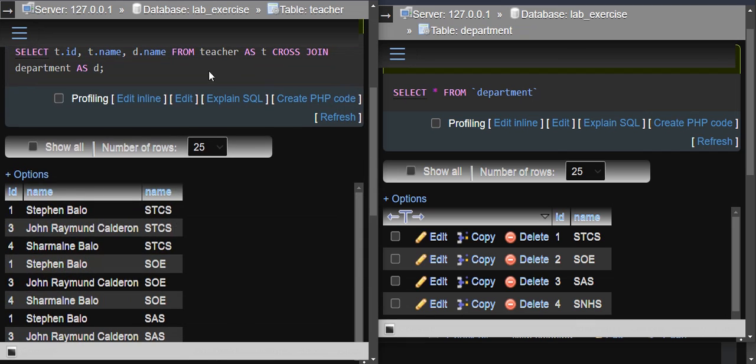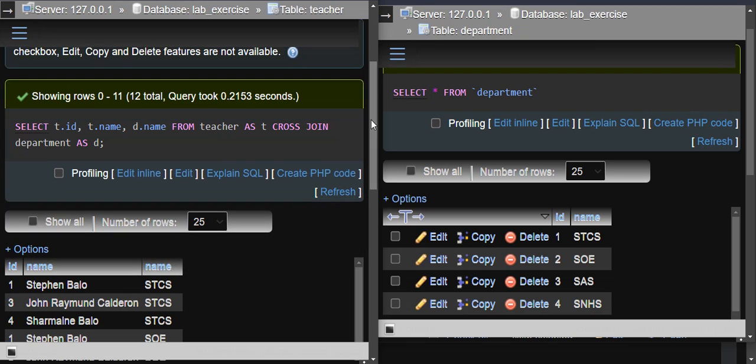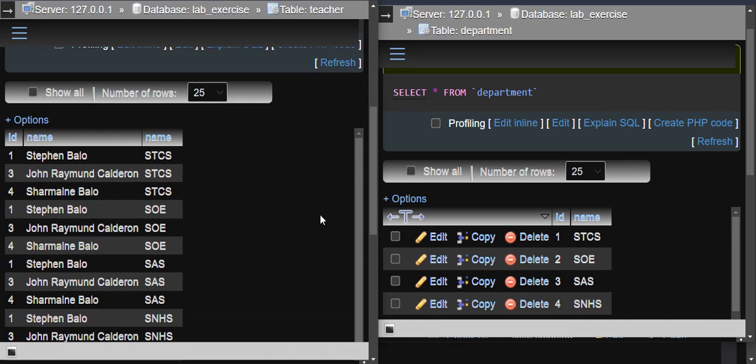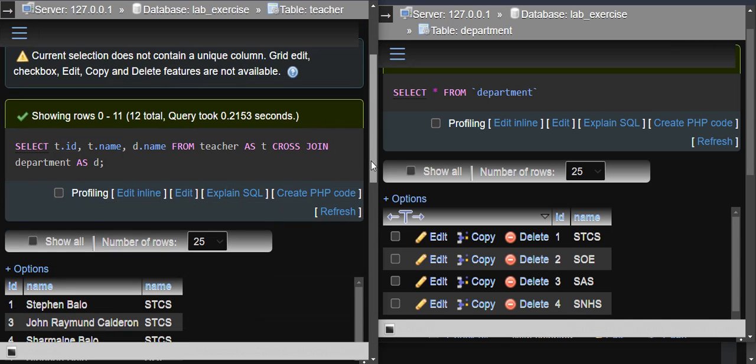This was derived from 3 records in the teacher table and 4 records in the department table. So yeah, that concludes our lesson about joining tables. For now, we'll just focus on 2 tables, but if you want to explore how to combine 3